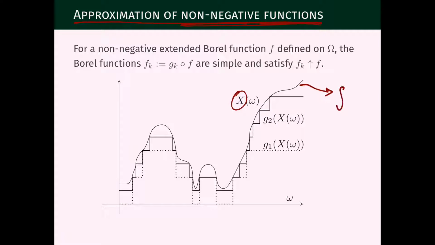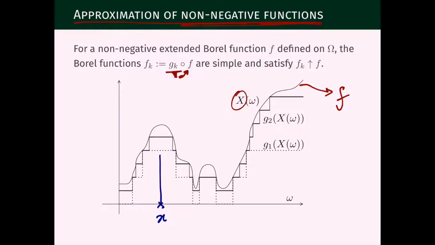If we have the graph of a function f and we want to approximate it by a simple function, one that takes only finitely many values, how can we do that? Well, we can use the approximation of the identity that we constructed already and apply it to f, or compose it with f, which means for each point x,